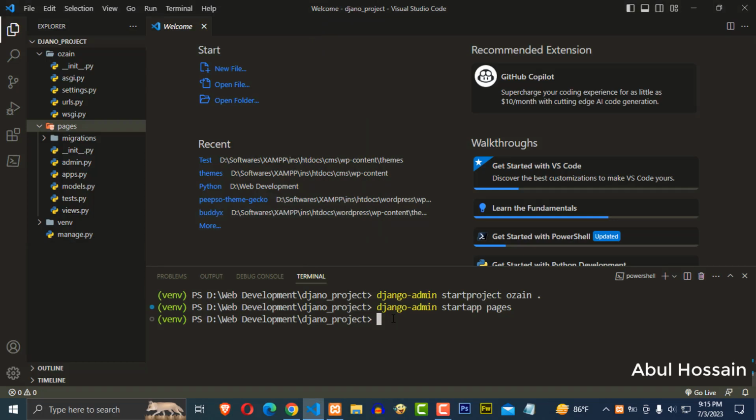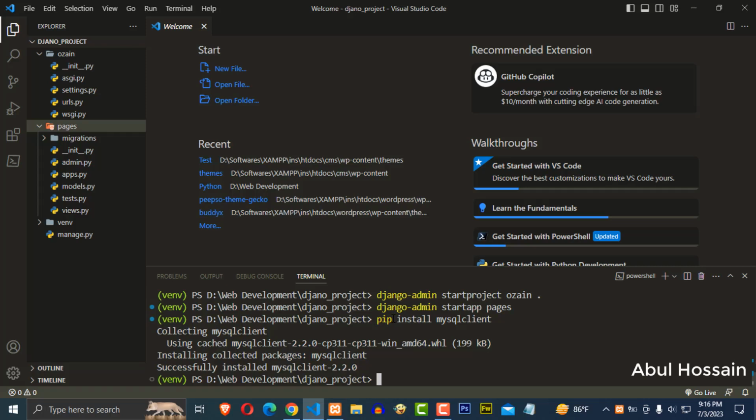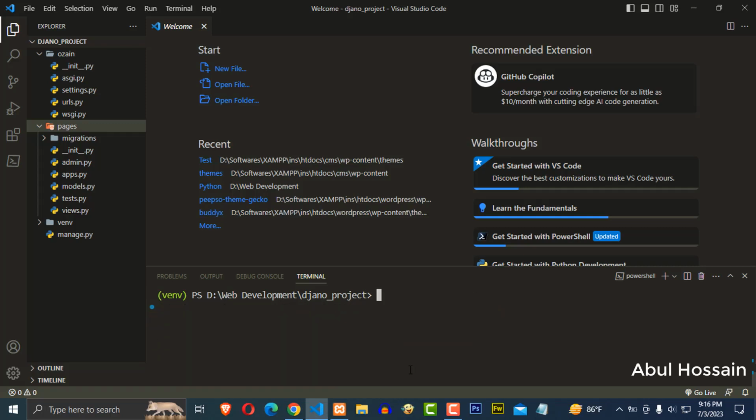Now I'm going to type pip install mysqlclient, hit enter, and as you can see, it says that it successfully installed mysqlclient 2.2.0. Okay, so now we have pretty much everything that we need, except we need to have a file